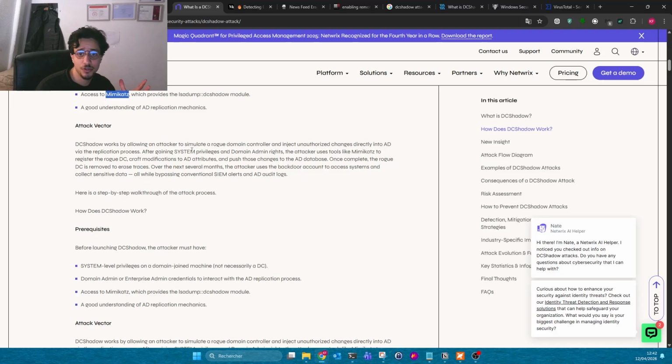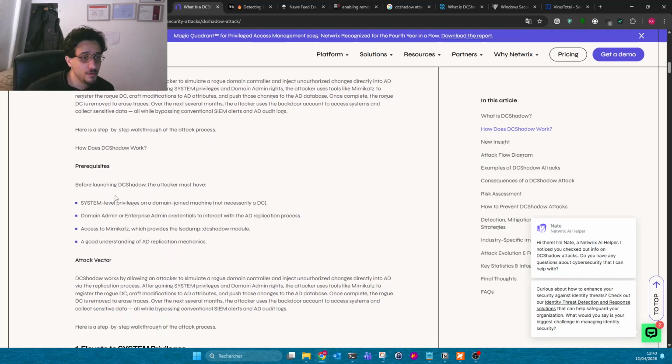In this attack, he's not using a vulnerability or something like this. No, he's using something that already exists, and administrators do those things. But we use Mimikatz, we use Rubeus, and all of those tools to do this attack. So like I said before, launching,